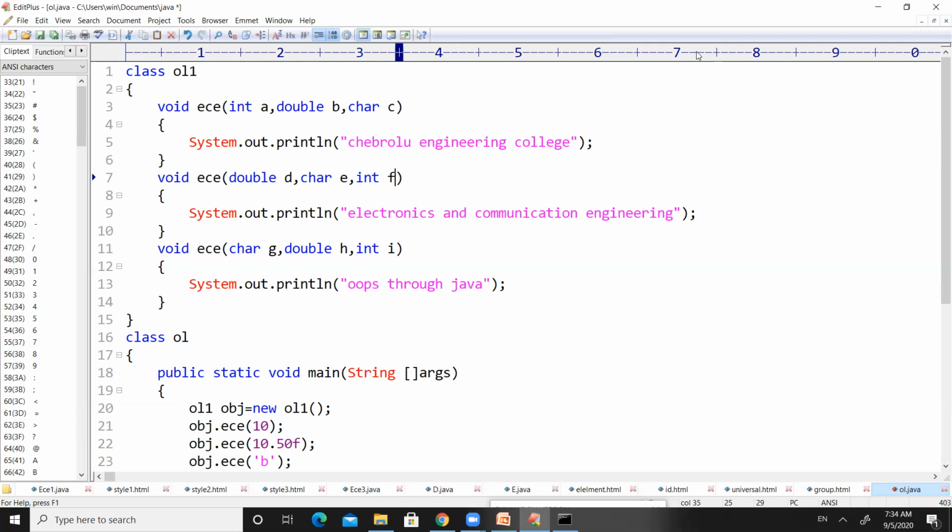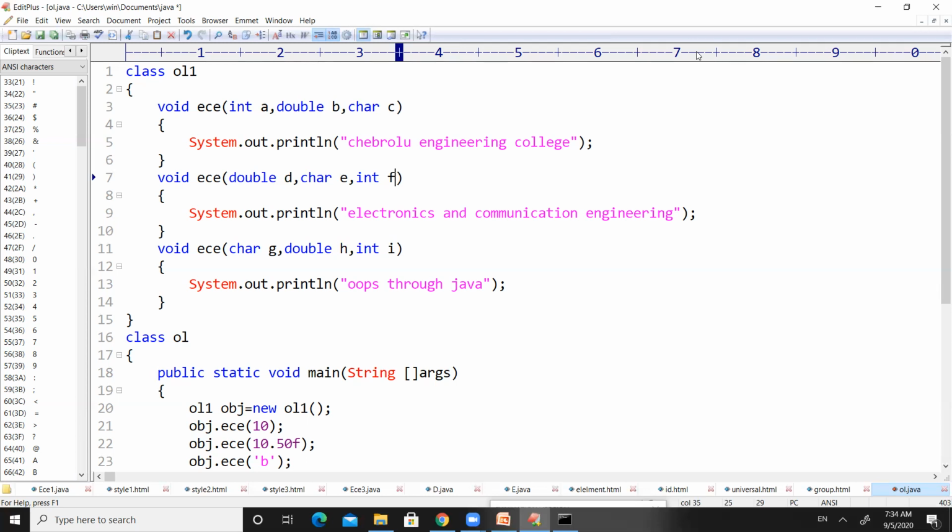So the type of parameters is also the same. In 3 methods we have integer, in 3 methods we have float, in 3 methods we have character data types. And at the same time, in 3 methods, we have 3 parameters.